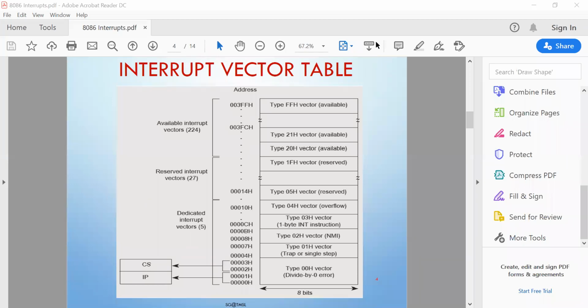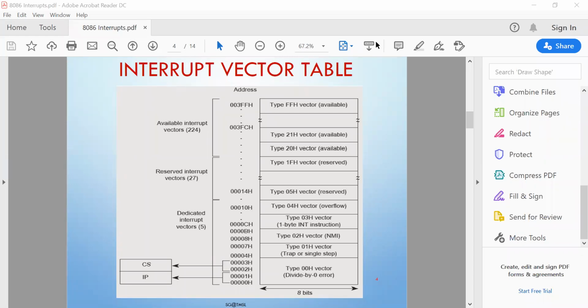Someone is asking something. Sir, I think he is asking the opposite one. He mentioned how CS and IP are generated from the physical address, and not the vice versa. No, it cannot be possible, because if you don't have any inputs, how will the outputs come? Inputs must be given first, not the output.